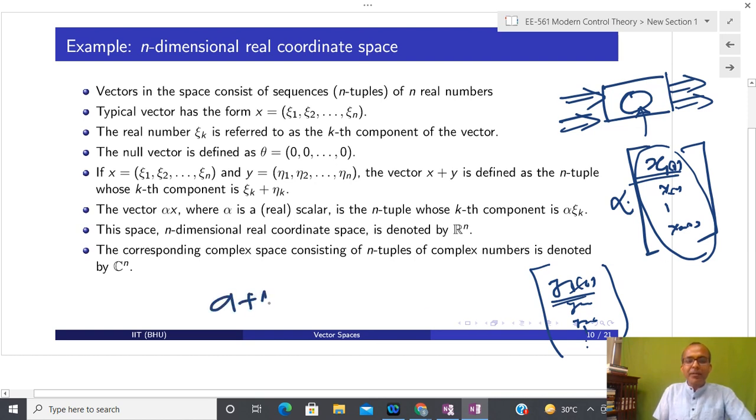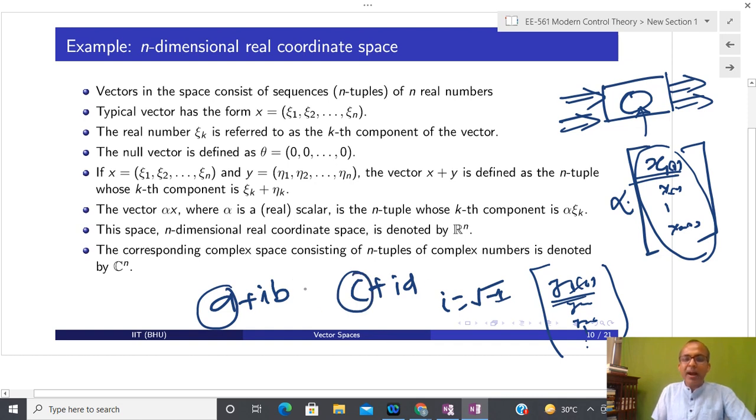Now suppose you have complex numbers a plus ib and c plus id, where i is the square root of -1. If I tell you that you can add the real parts together and the imaginary parts together, then again I have to add only two real numbers. So that is not a new operation at the hardware level. Obviously, at the software level I have to make sure how to identify the real part, which is purely real, and the imaginary part, which is multiplied by iota. Again, that is not a new operation.